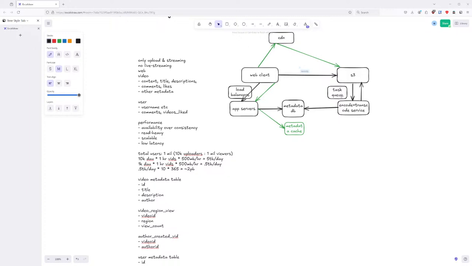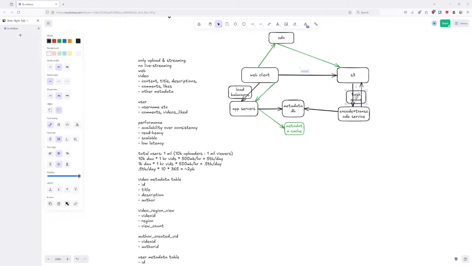What else is there? This task queue description you didn't explain correctly, and the reason is that the slow part is the encode and transcode service. So there's two things. The first thing is you didn't justify why you need a task queue in the first place, because the service itself can just pull it in. But the task queue is actually a good idea, so I was a bit confused by this one. The correct explanation for why you need a task queue is that since the encoding and transcoding is so slow, this service needs to be distributed.